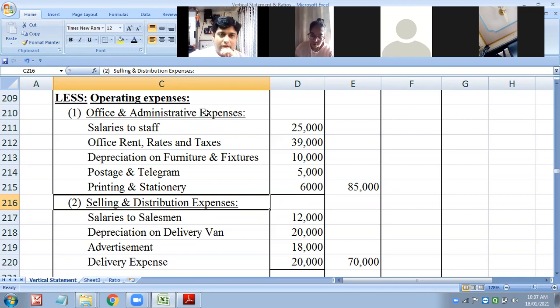But when it comes to management accounting presentation, the selling and distribution altogether is taken as operating expenses. Office and administration is also taken as operating. So logically, if we compare, there you have taken it in office and administration, and here also I'm asking you to incorporate it in office and administration. There you have included it as overhead, here it is an expense. I hope things are clear for you.